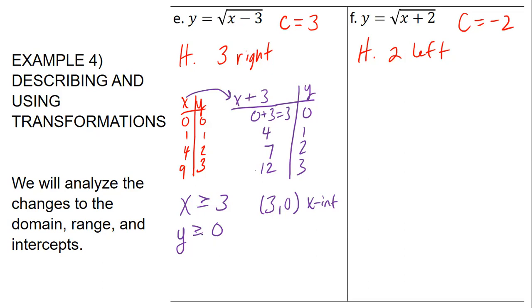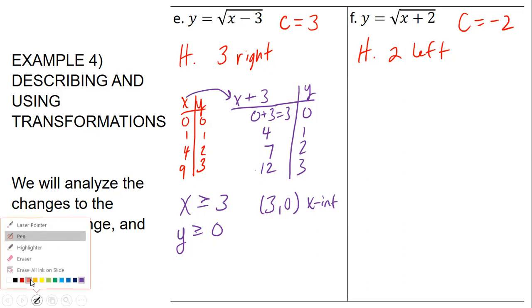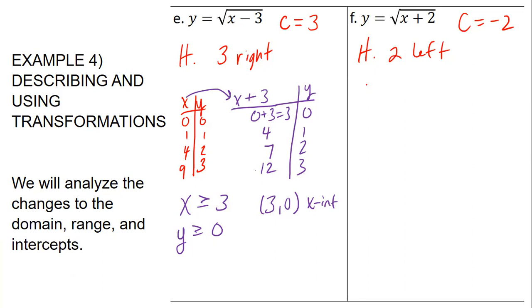So how does that feel? Was that terrible? Okay. So let's do it again. This time I know that my parent function values are 0, 1, 4, 9, and they're changing how? I'm subtracting 2 because I need to go to the left. So it's going to become x minus 2. So now what am I working with? -2, -1,